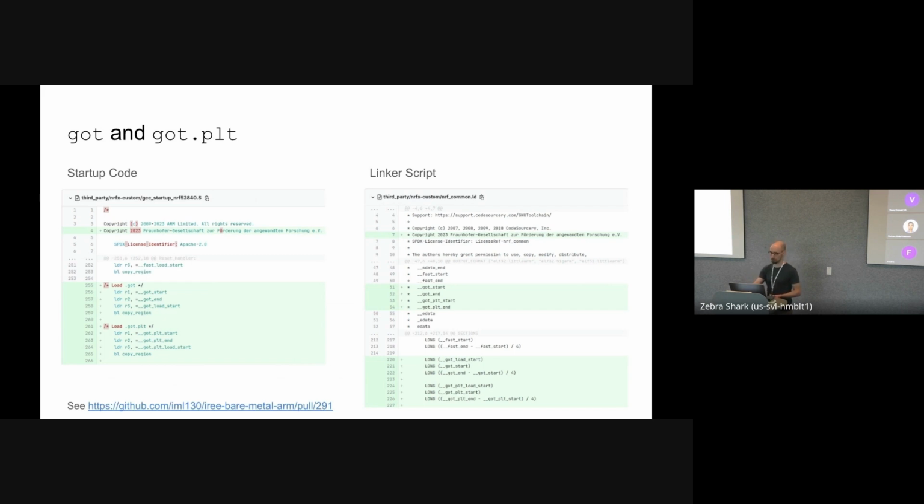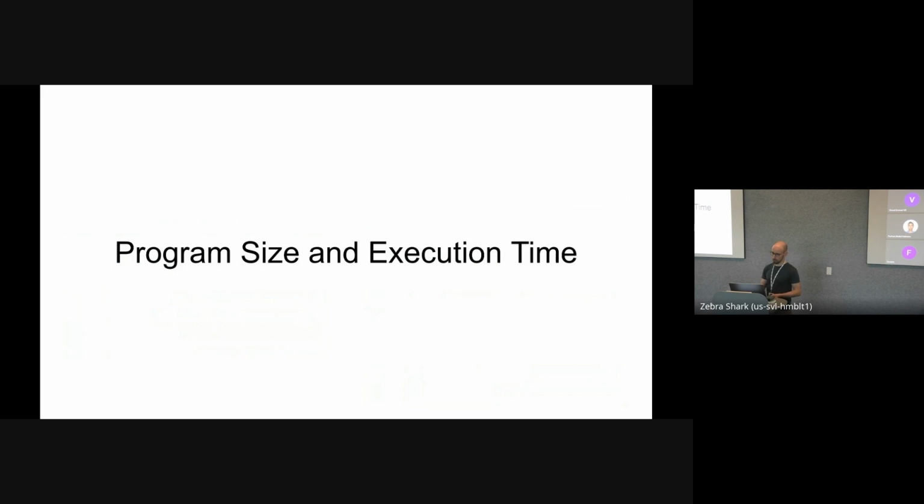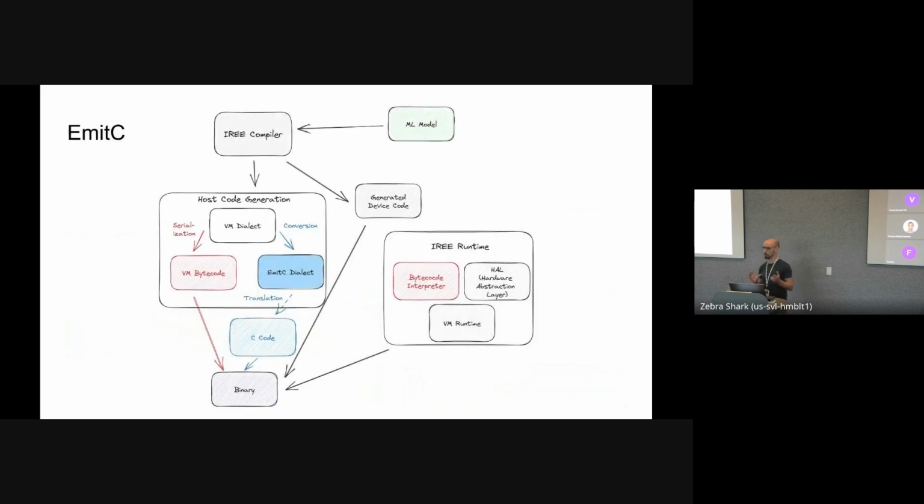Regarding program size and execution time, you can use the so-called EmitC dialect. This is what we at Fraunhofer essentially worked on and put into IREE. As mentioned, IREE is a compiler as well as a runtime. On the compiler side, it generates host code as well as device code. For the device code, at this moment, we don't care, but taking a look at the host code generation,